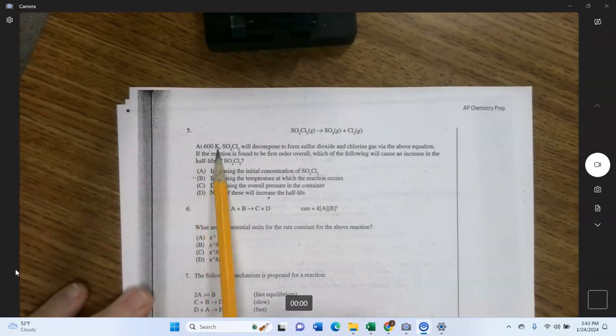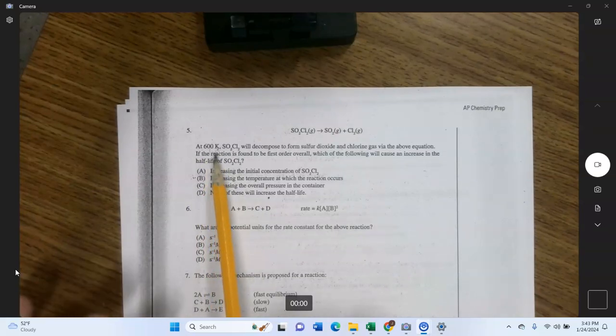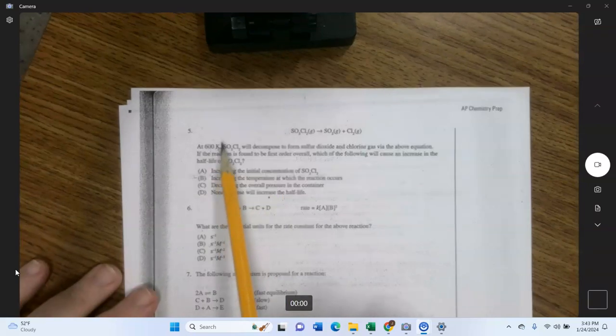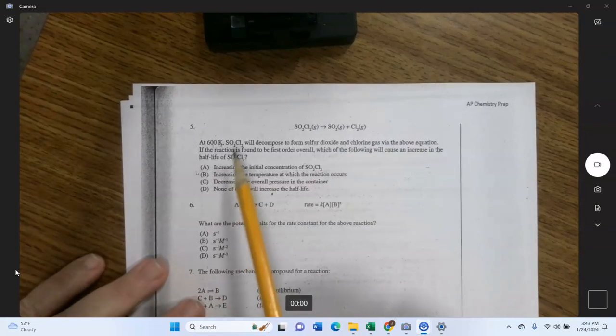At 600 K, so let me stop right there. Usually when they give you a temperature, all they're saying is that the temperature is going to remain constant, which means the rate constant is going to remain constant. You don't need to plug the 600 K into any equation or any part of this. It's just telling you it's at a constant temperature. They could have just as easily said that, at a constant temperature. Okay, so you have